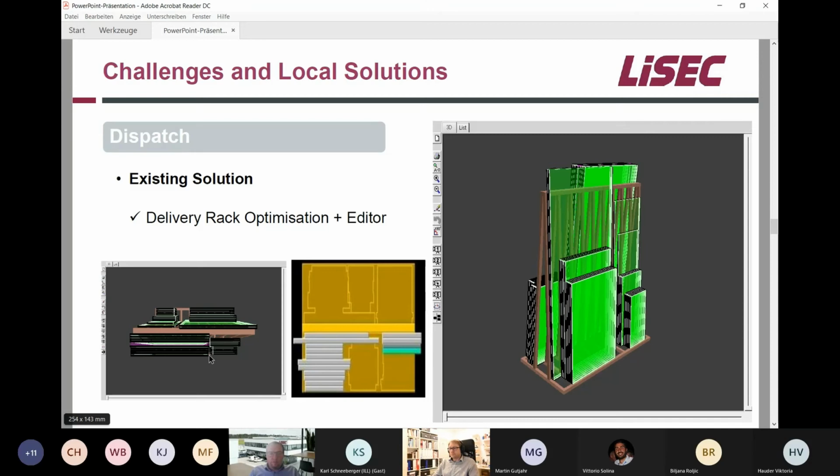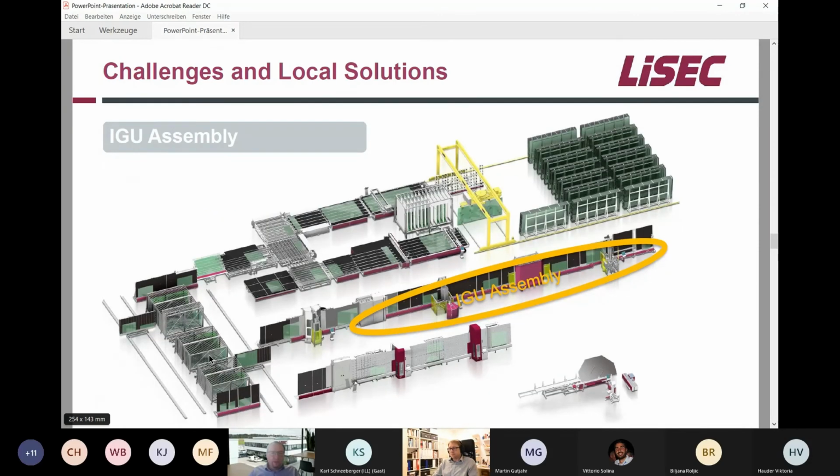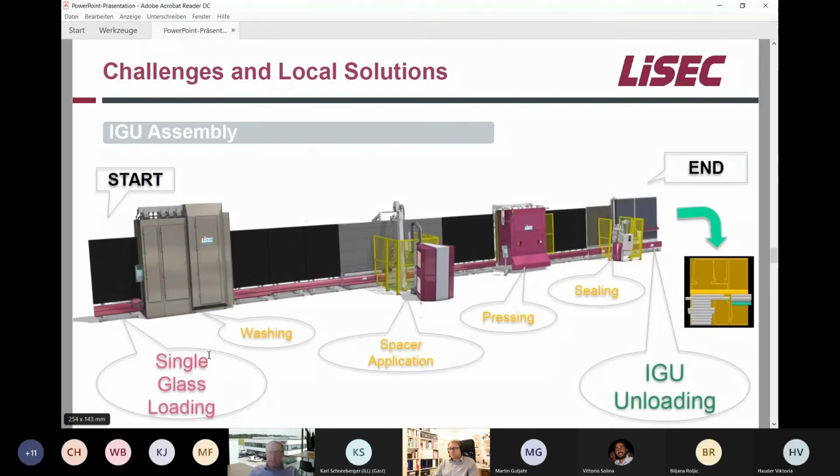And this is how many customers are working in the flat glass industry. When we go a step back, that step back means we look at IGU assembly. This is the process that happens before we can deliver. And if we look at such an IG line, we see that it is a long line where we have a starting point on the left-hand side, in this case, where we load the single glass pieces. Those get moved through a washer first, then they pass a spacer application where some of these glasses get a spacer applied,